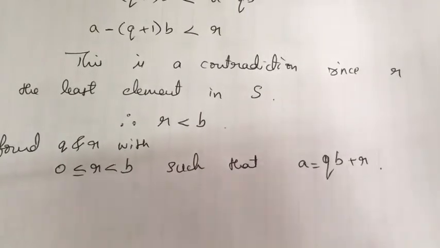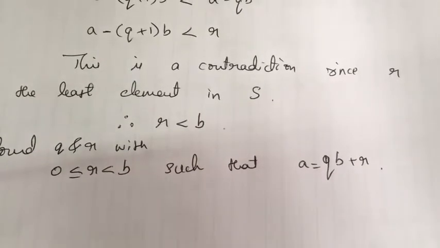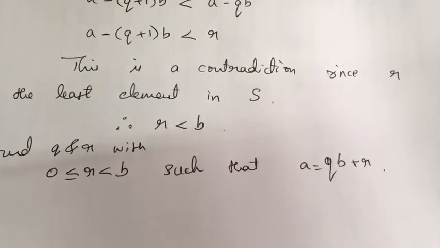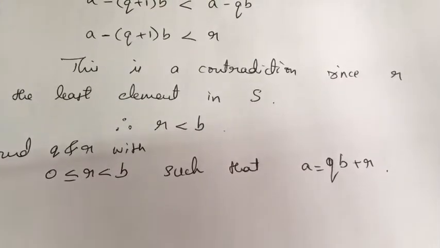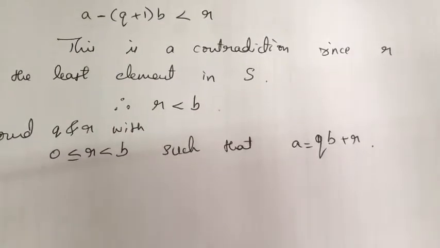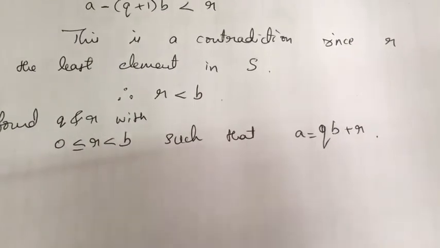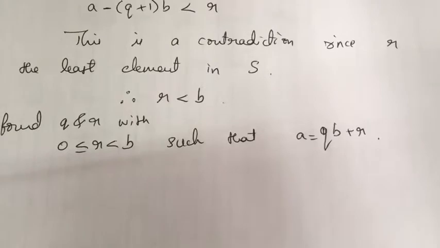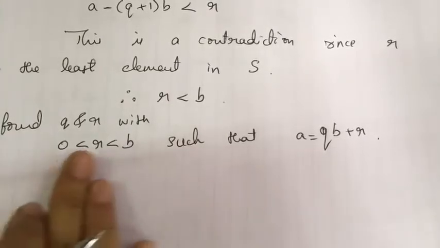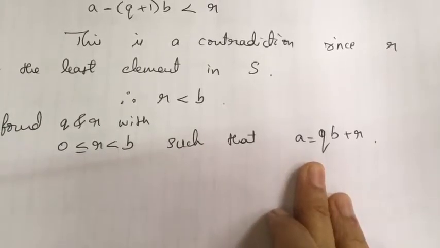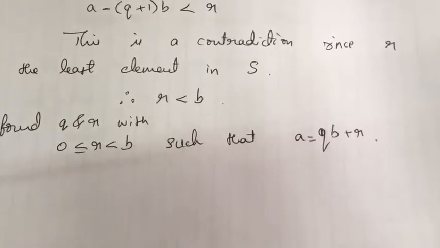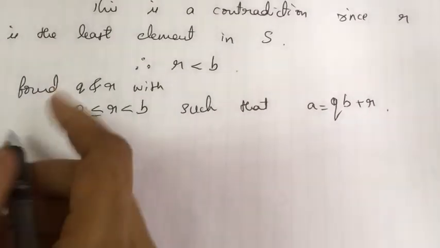Okay. Now the thing is, I have to prove these two integers Q and R are unique. So for that, let me take two more integers. Say there exists Q dash and R dash in such a way that 0 less than or equal to R dash less than B and A is equal to Q dash B plus R dash. So to prove the uniqueness,